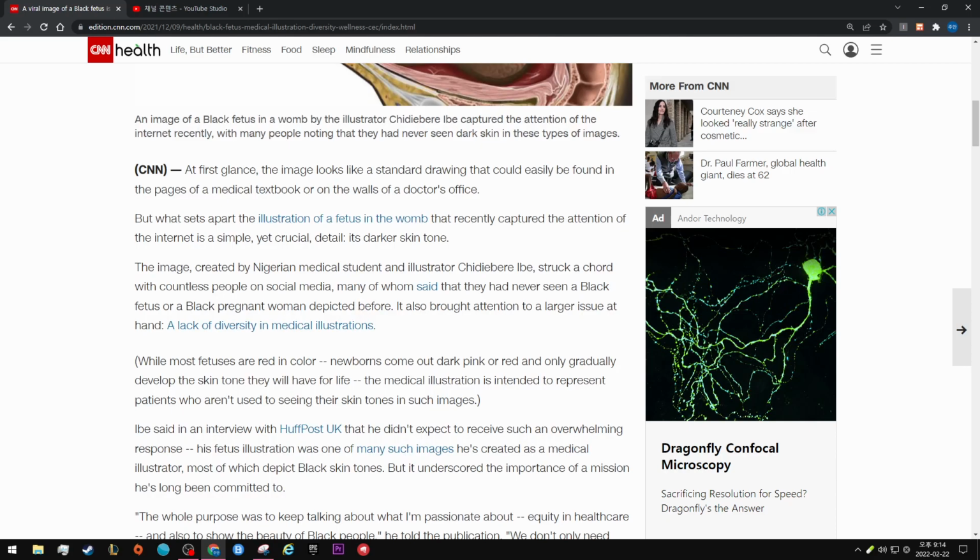At first glance, the image looks like a standard drawing that could easily be found in the pages of a medical textbook or on the walls of a doctor's office. But what sets apart the illustration of the fetus in the womb that recently captured the attention of the internet is the simple yet crucial detail: its darker skin tone. The image was created by